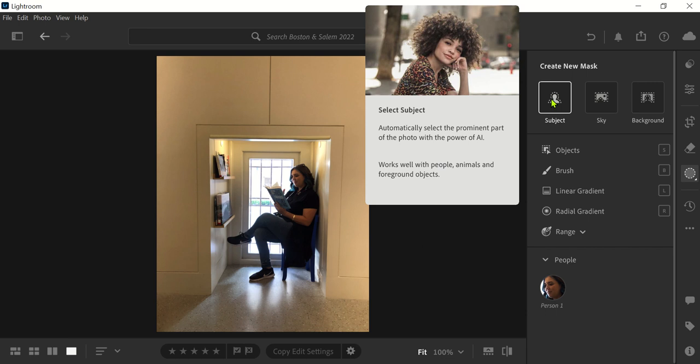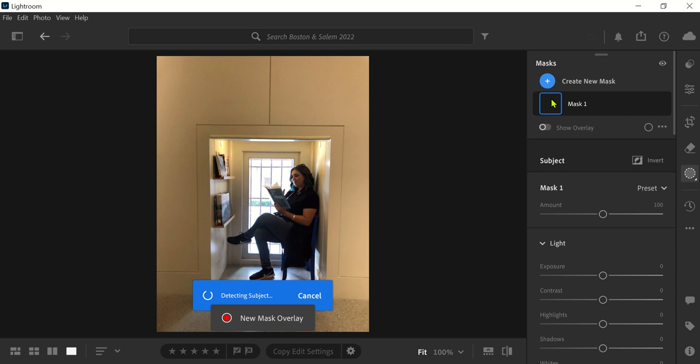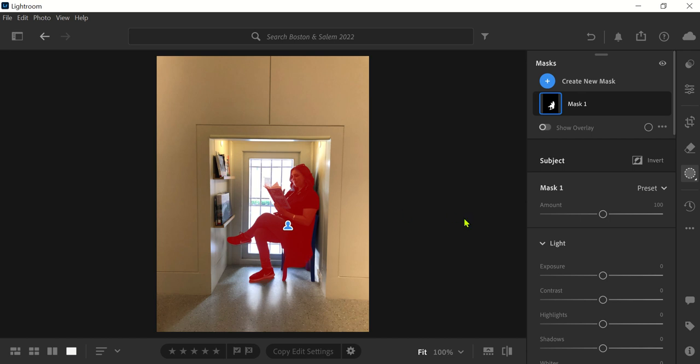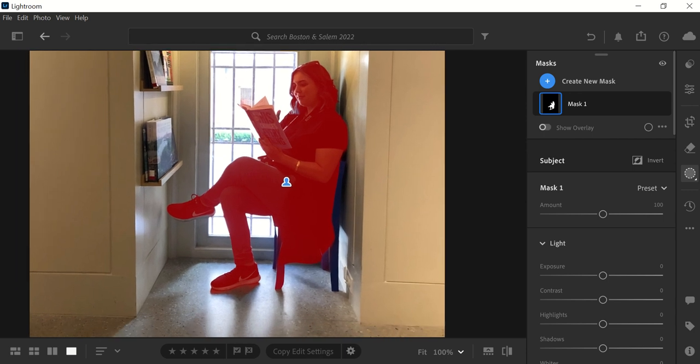The first one is called subject. It's going to automatically select what it thinks is the most prominent part of the image. And it works really well with people, animals, or really any sort of objects that stick out. Now, Lightroom is not always going to make a perfect selection. As you can see here, it thinks that the subject is also part of where the chair is. So we can make adjustments. I'm going to show you how to do that now